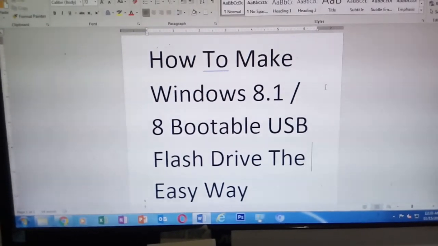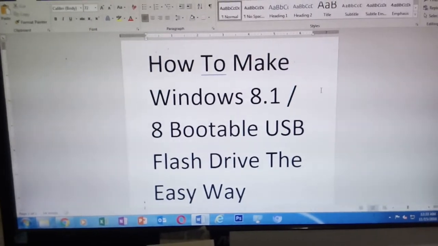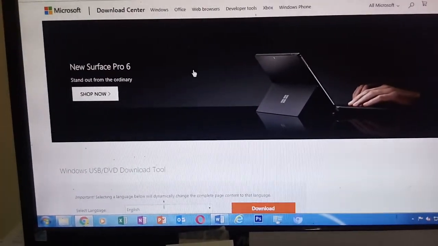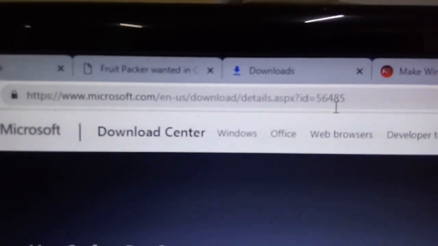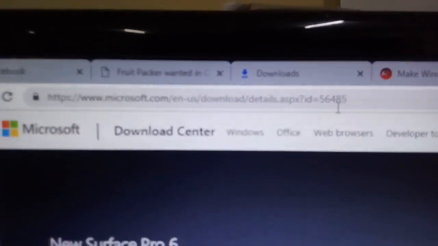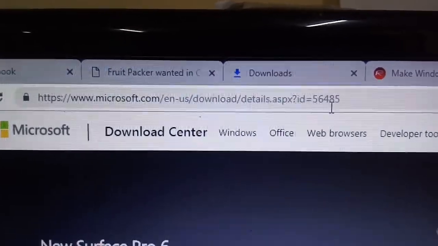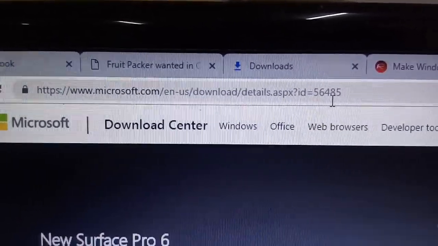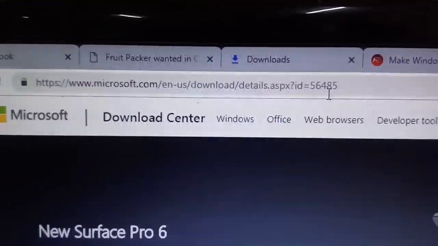Steps on how to make a Windows 8.1 or Windows 8 bootable USB flash drive the easy way. First, you're going to visit the Microsoft Download Center. Here's the address of the Microsoft Download Center. Just key in the URL www.microsoft.com/en-us/download/details.aspx,